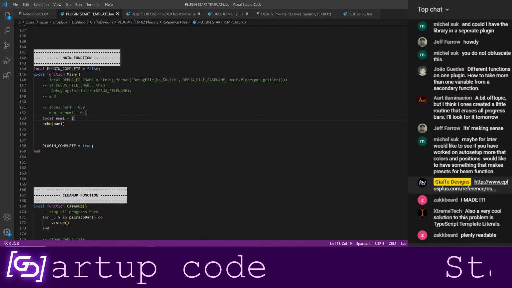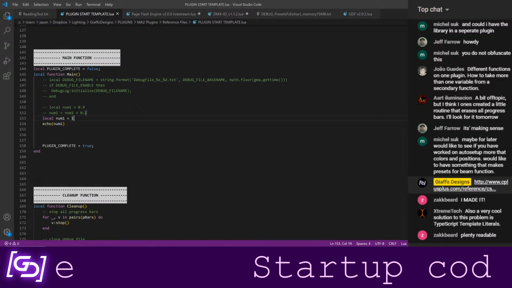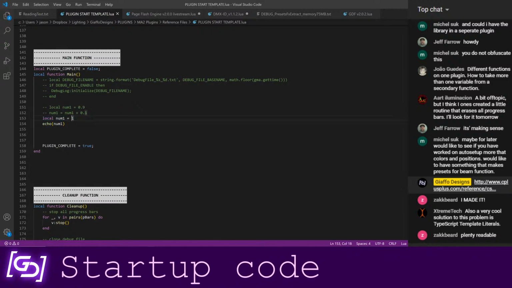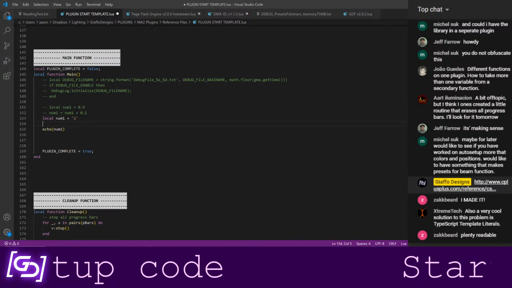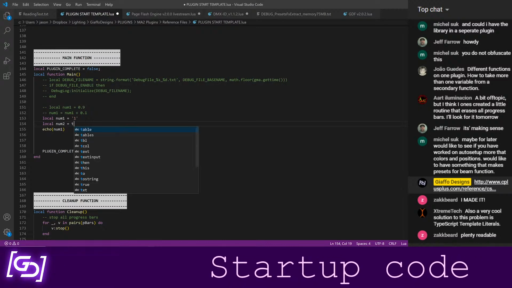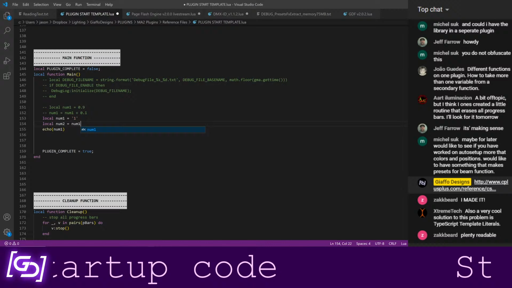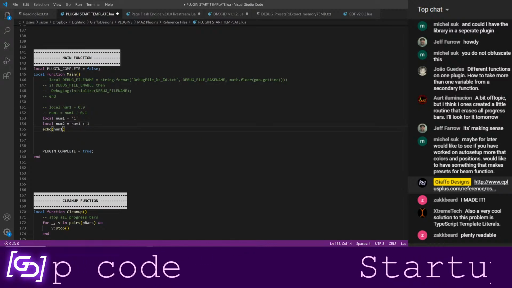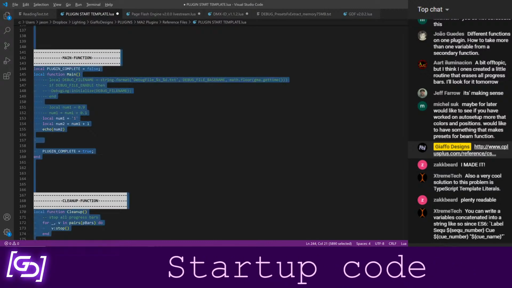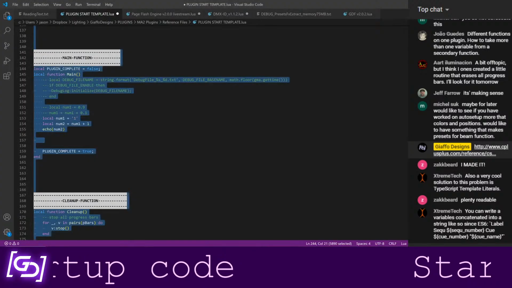I don't fully know, and it's been a long time since I've played around with it. I know what it is, or at least I think I know what it is. To number. Actually, it might just be num1 plus 1. I'm going to try this. So this is a string. This shouldn't work by default, but this could be one of those things that Lua tries to handle for you to make your life easier, and it does.